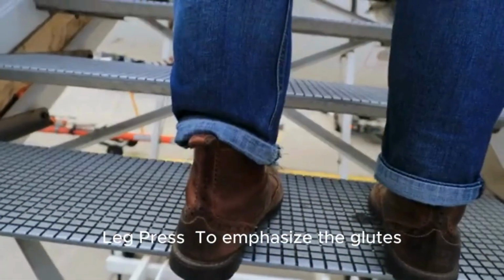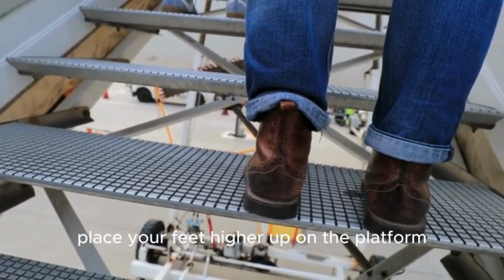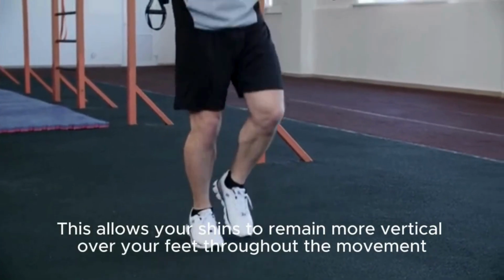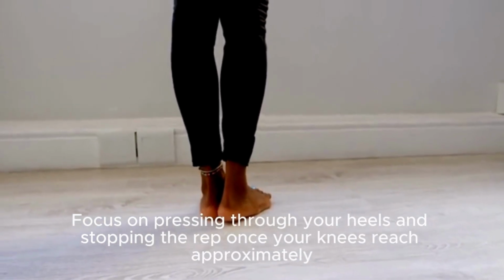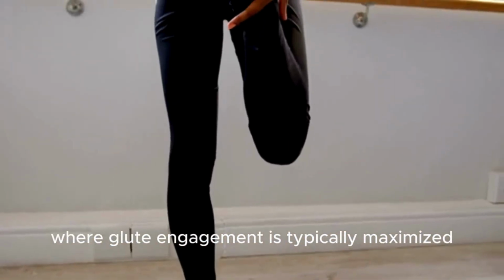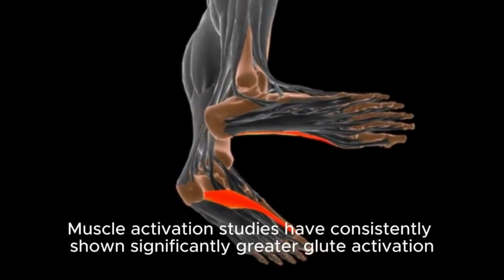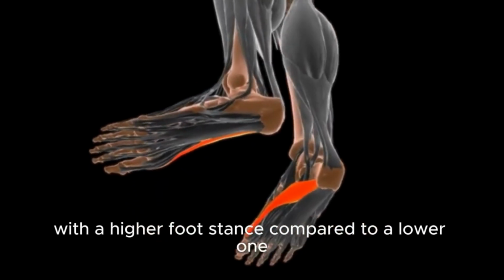Leg press. To emphasize the glutes, place your feet higher up on the platform. This allows your shins to remain more vertical over your feet throughout the movement, minimizing knee travel. Focus on pressing through your heels and stopping the rep once your knees reach approximately 90 degrees of flexion, where glute engagement is typically maximized. Muscle activation studies have consistently shown significantly greater glute activation with a higher foot stance compared to a lower one,